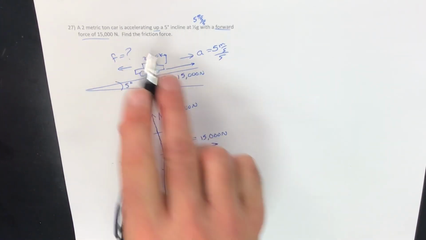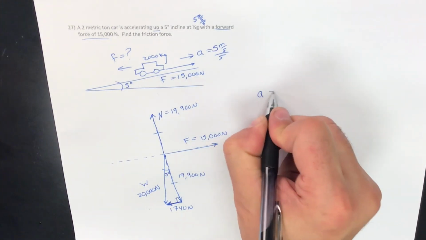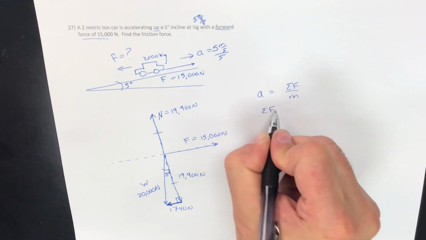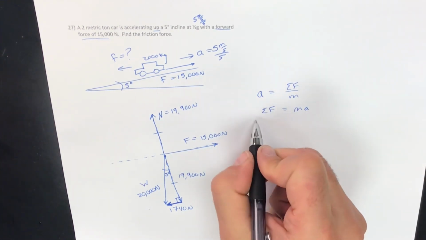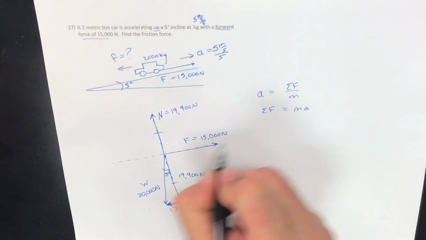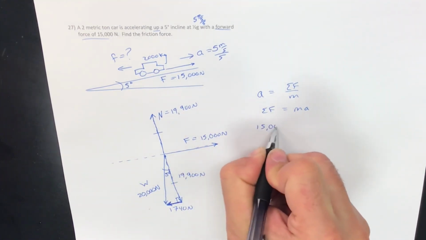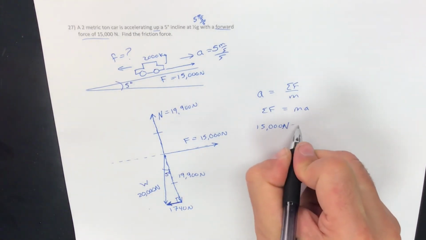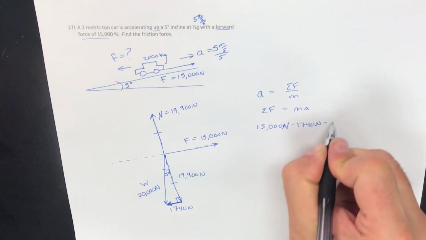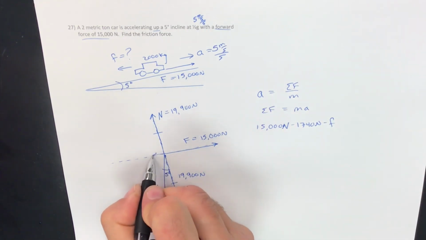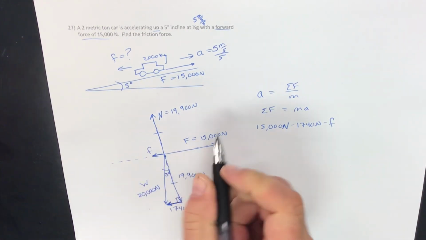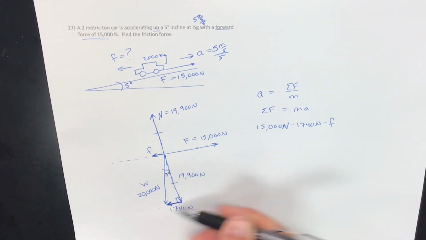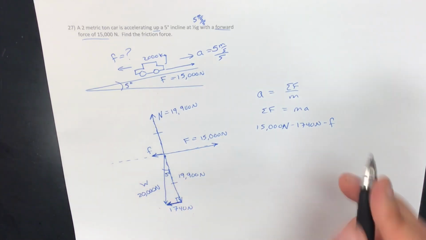5 degree incline at 5. Okay, so acceleration is the net force divided by the mass, or net force is equal to mass times acceleration. And the net force: forward force is 15,000 newtons. Backward force, 1740 newtons, minus the friction force. Oh, there's a friction force that I forgot to draw here. Friction force is backward. Forward force, friction force is backward, and that x component is opposing the forward acceleration,